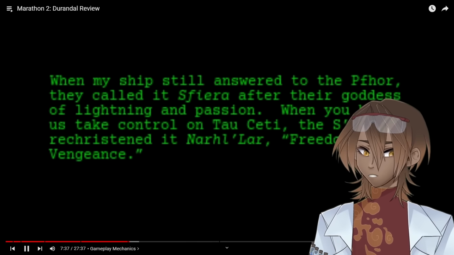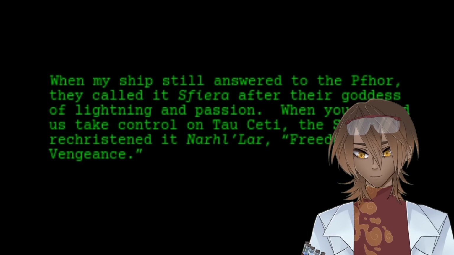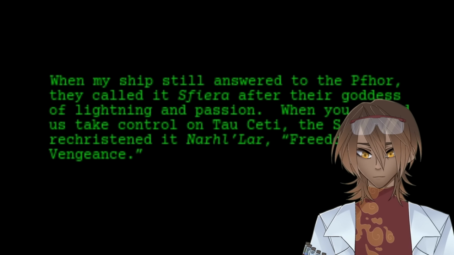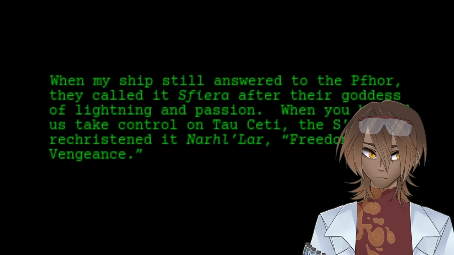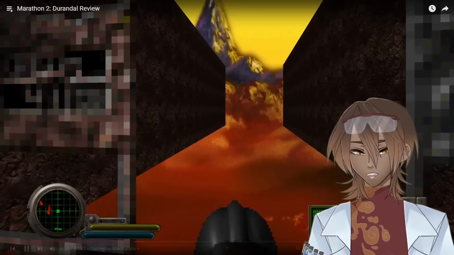They called it Sphera, after their goddess of lightning and passion. When you helped us take control on Tau Ceti, the Svit rechristened it Naralar, freedom and vengeance. I call it Boomer. The Svit homeworld of Low